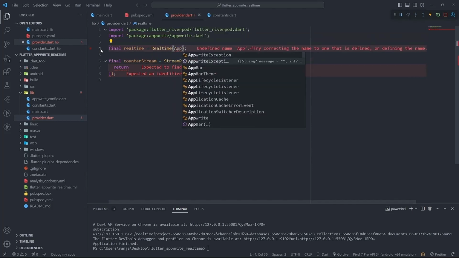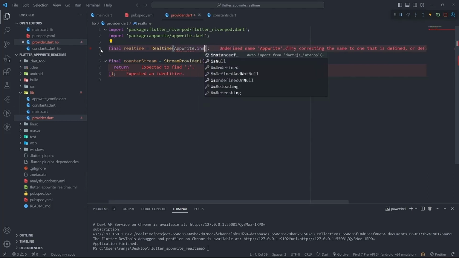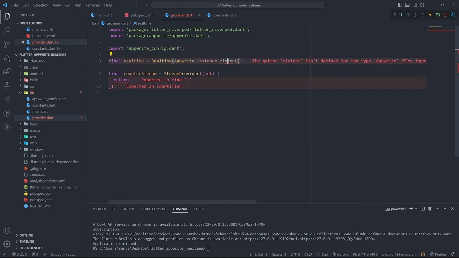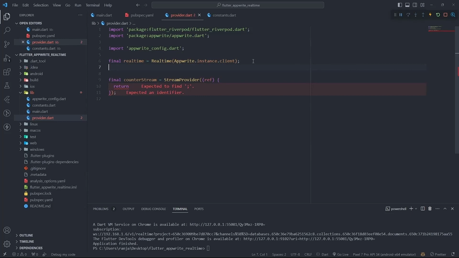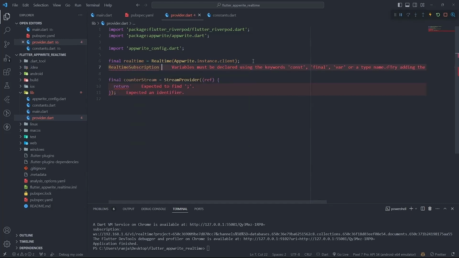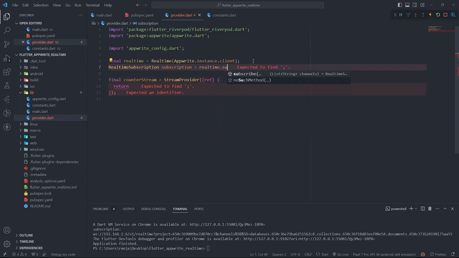So, Appwrite.instance.client, and let's quickly import this from our Appwrite config and close it. Okay. So we have a real-time API, and let's create a real-time subscription, similar to what we have done before, but we'll see how you can use your provider to return the value. So let's subscribe to our channel here itself,